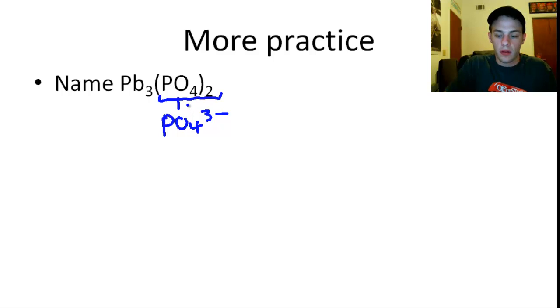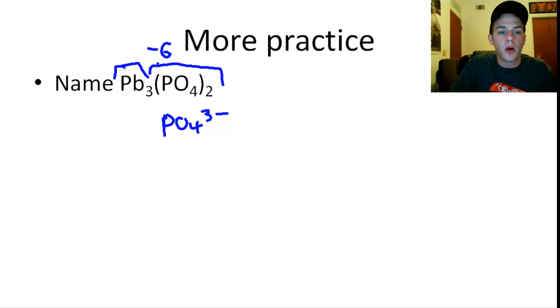So let me just write it up here. It's going to be -6. So that means that the total charge coming from our cations must be +6. And there are 3 of them. There are 3 lead ions that result in a total charge of +6. So that means that our lead ion must have a +2 charge. So this is the